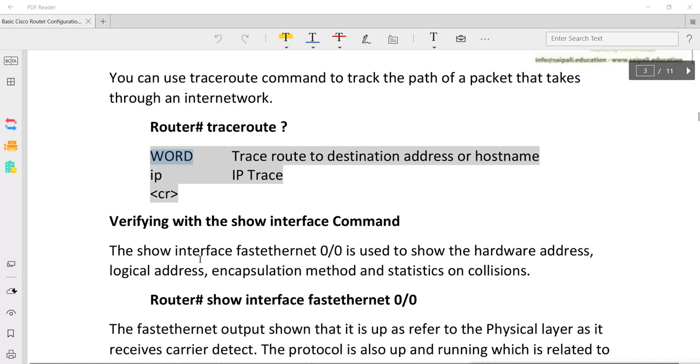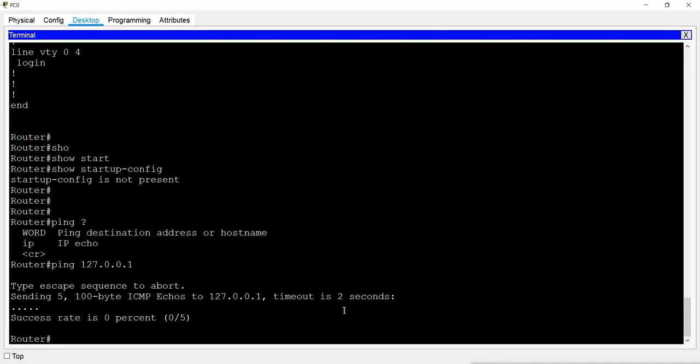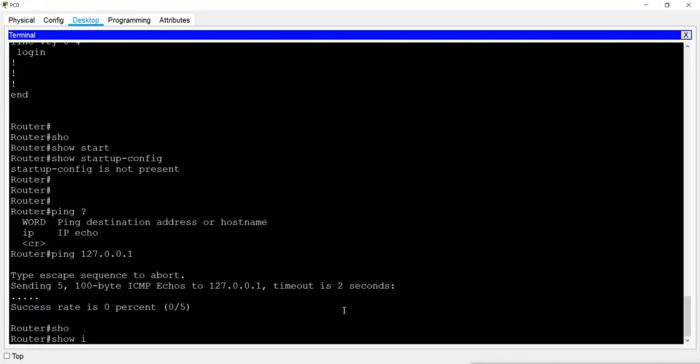With the show interface command, you can see any of the interfaces we have in our router. We can have multiple interfaces in our router: FastEthernet, serial, and many other interfaces. For example, if you want to see what interfaces we can have, we can give a question mark after the show interface command.